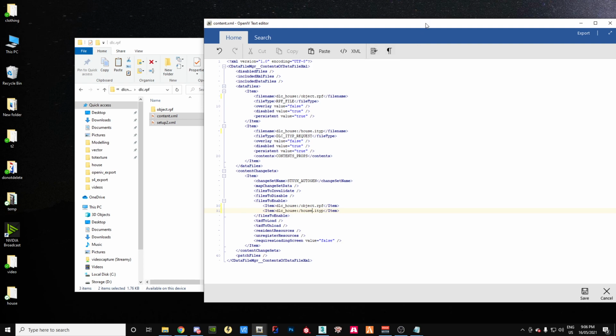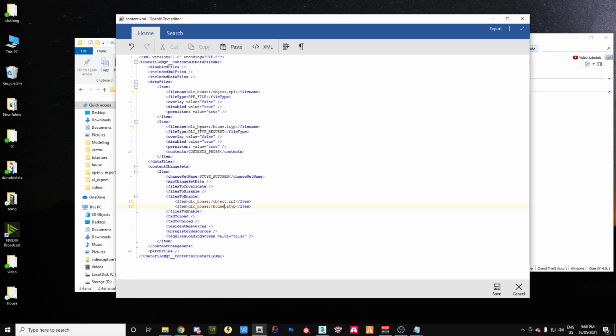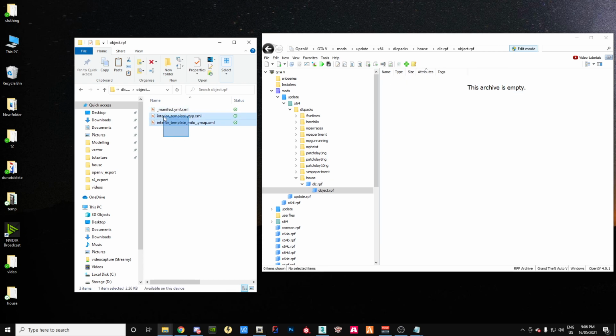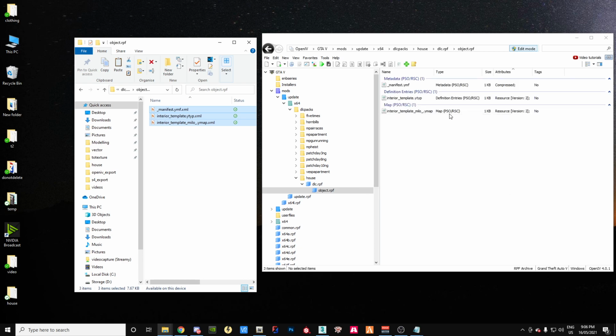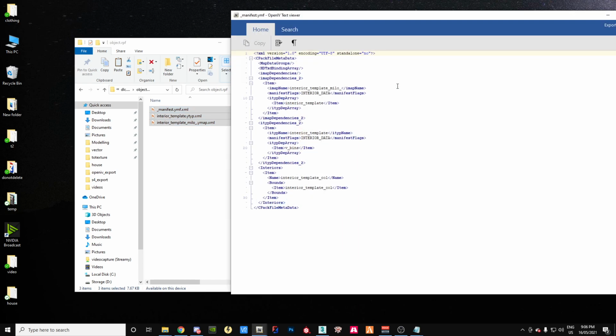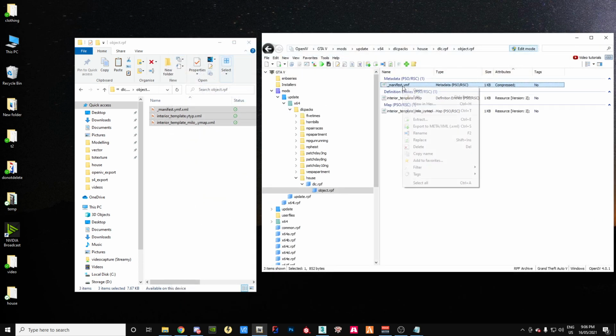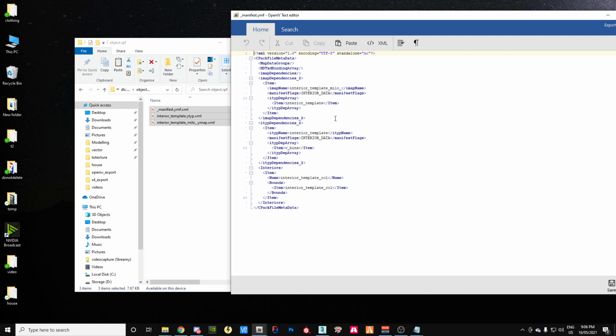So that looks good. House, save. And then inside object.rpf, we're going to put 3 files. We're going to put a manifest, a template Y type, and a template Y map. So inside the manifest, I always forget, right click, edit. We're going to say that we're going to have